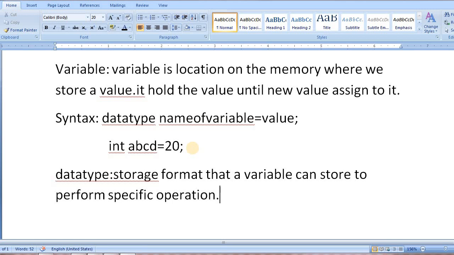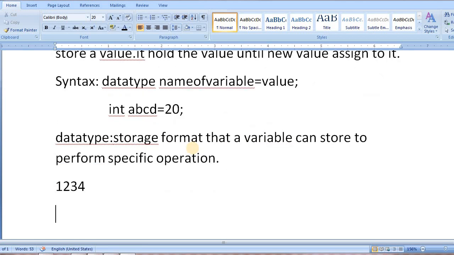the value. Now how many types of data are there? Like maybe the user wants to store a numeric value: 1 2 3 4 5 20 30 40 like this. Maybe the user wants to store 20.45, means in the decimal form.